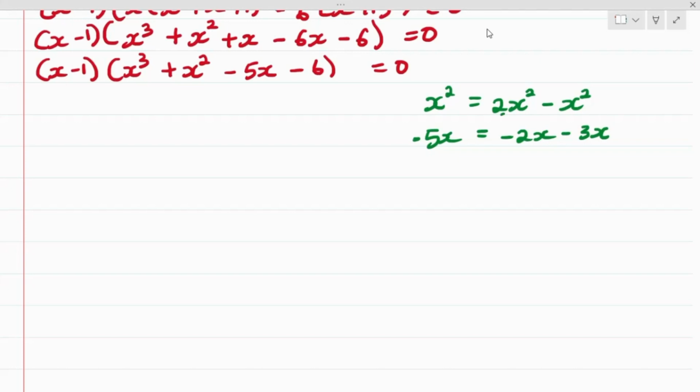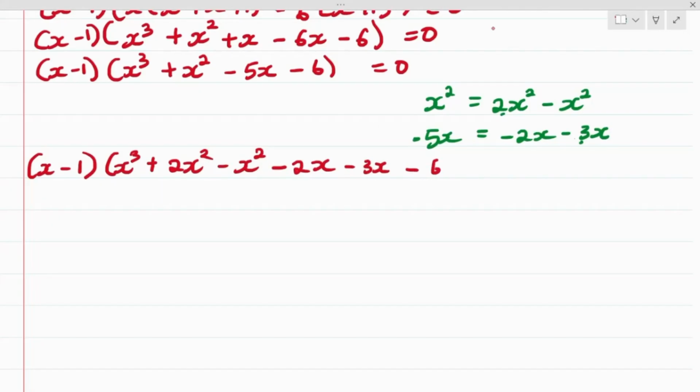That is, 2 is a factor of 6. 3 is also a factor of 6. So we are expressing them using the factors of what? 6. Alright. So at this point, we are going to have x minus 1 multiply x cubed plus, now in place of x squared, we are going to put 2x squared minus x squared. Now in place of negative 5x, we are going to put minus 2x minus 3x minus 6,